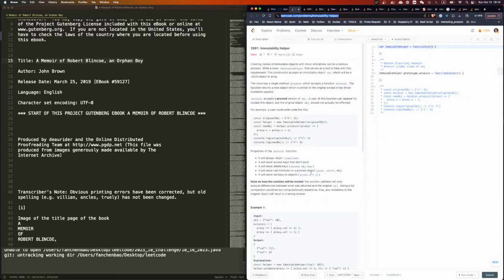When the object comes, I basically don't change the object. I will create, maybe when you do the produce,